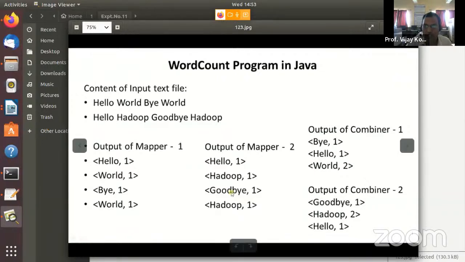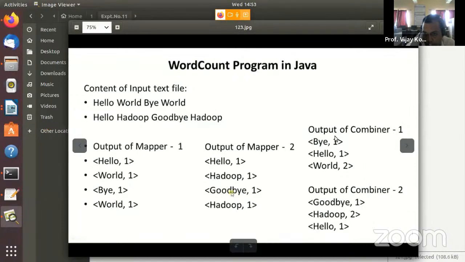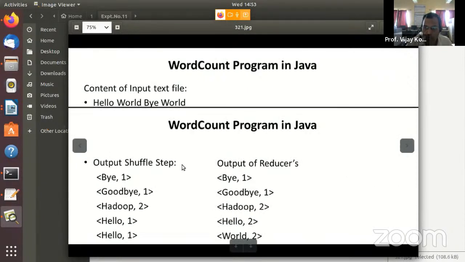Yes, then the next thing: the output of the mapper is given to the combiner, and the output of the combiner is given to the shuffle step. The shuffle step has by 1, goodbye 1, Hadoop 2, hello 1, hello 1. In the previous combiner 1 and combiner 2, it merges the outputs and performs them in one shuffle step. In this shuffle step, it just combines them, and at last the